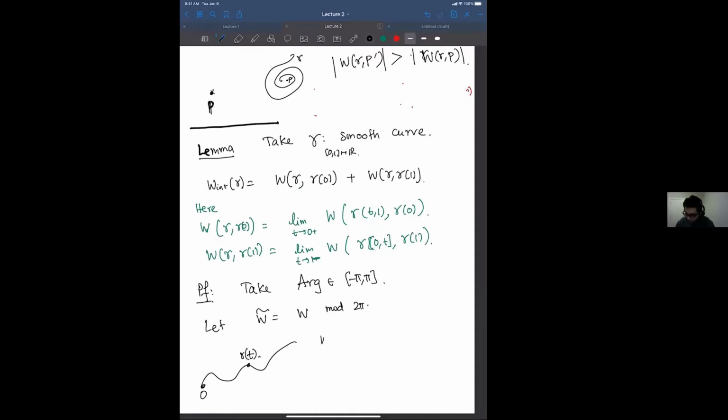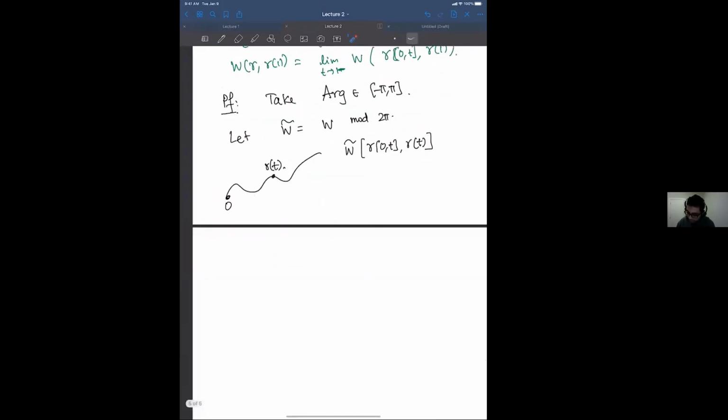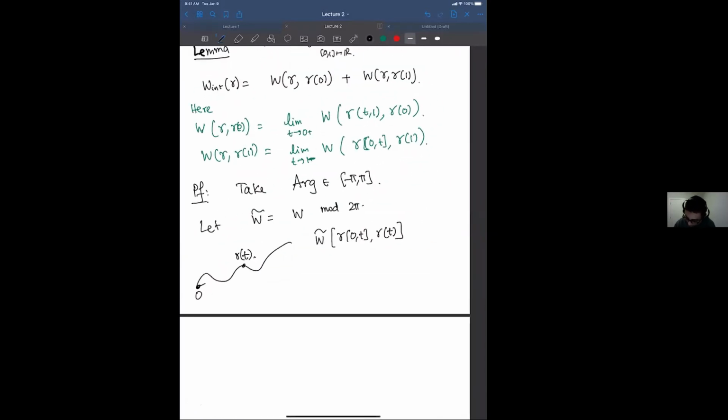So then what is the winding tilde of gamma 0 t seen from gamma t? Well, I want to look at the sum of the windings seen from the endpoints for this short curve. So if I call this vector, say vt, then this quantity is simply going to be minus vt. But then you also subtract this arg of gamma prime at t, but actually you need to add plus